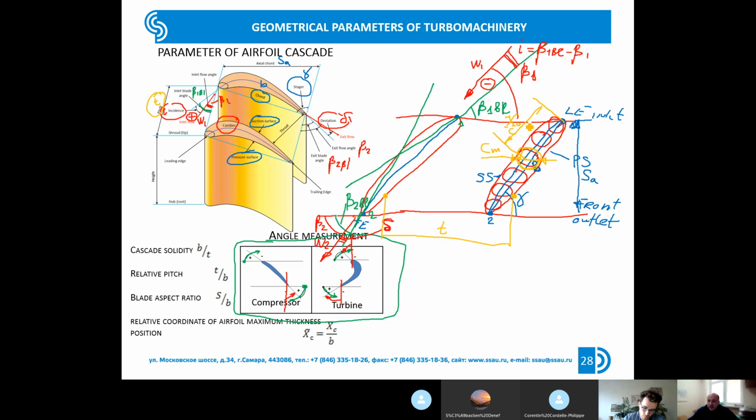We are going to create the profiles using ANSYS software. For example, for the compressors, you will set this value and set the maximum thickness in percents relative to the blade chord. So what else? Let's look at our picture. So the throat. In Russian practice, we use AG to designate the throat. Simply says, throat is the minimum